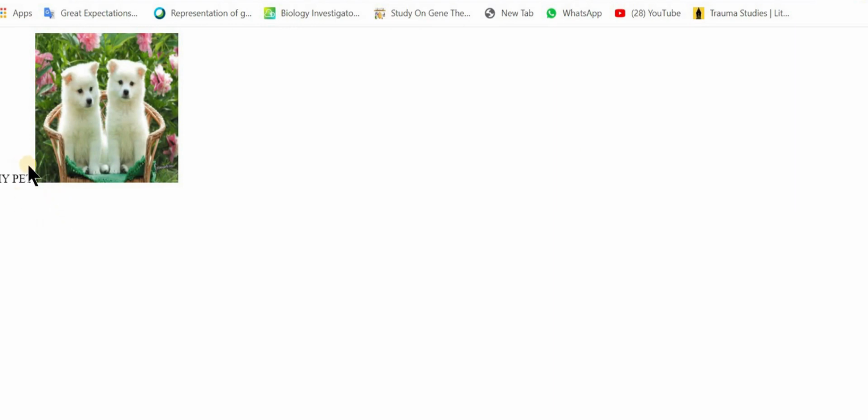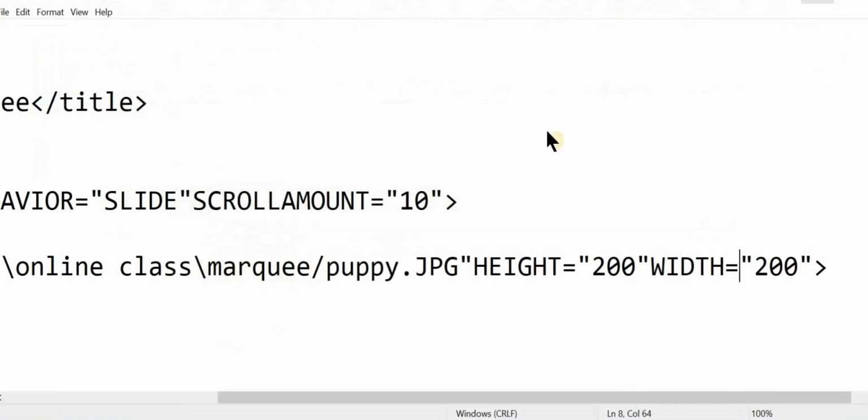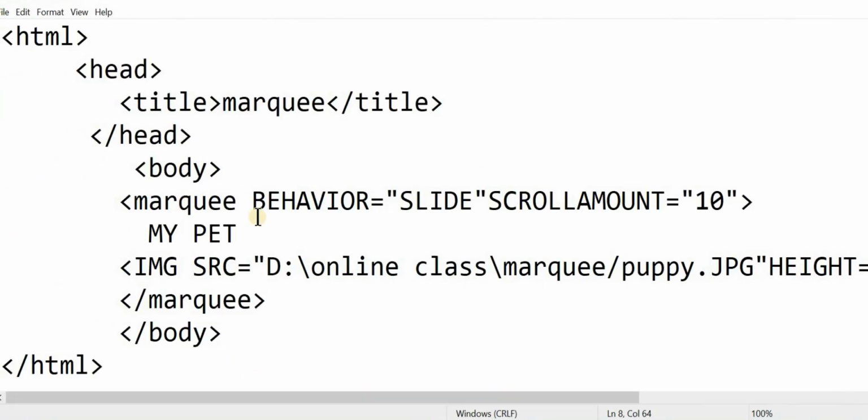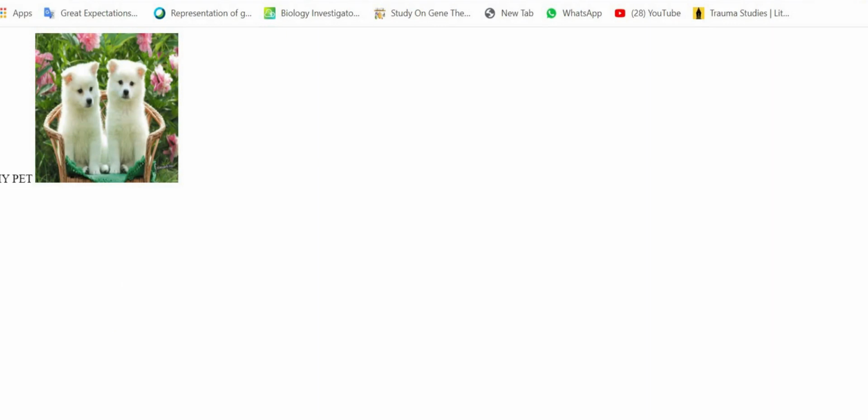And now you can see that the text, we have given one text heading, my pet, that is in line with the picture. That we can change by just giving a break. So here after that text I am inserting a break tag, BR. Now let's save and let's open the web browser, refresh that.